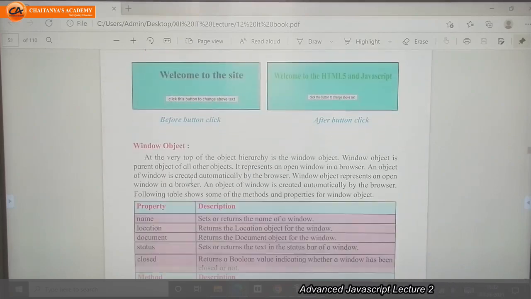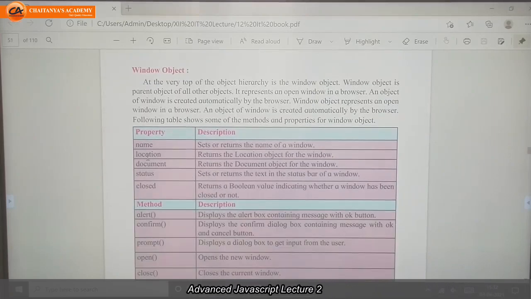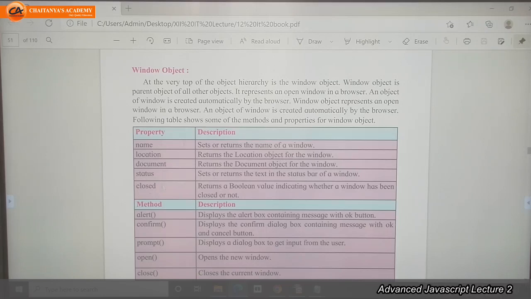In that way, whatever properties we have for window: name, which returns and sets the name of the window; location, which returns the location of the window; document, which returns the document of the window; status, which sets or returns text in the status bar. Do you know where the status bar is?